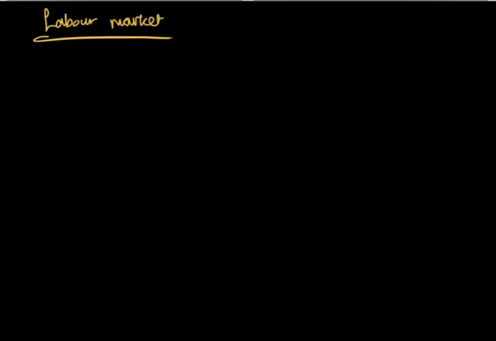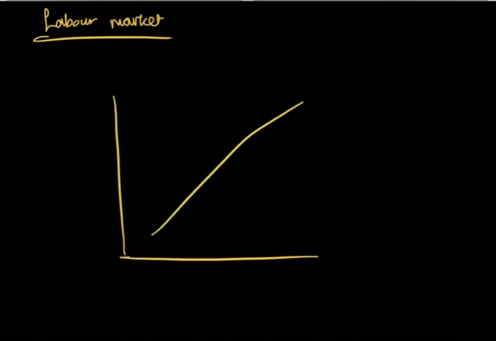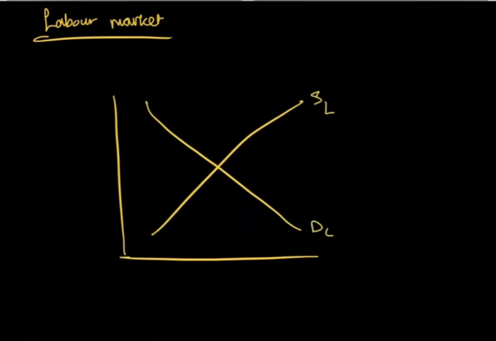So are we moving on to inequality now? We're about to. There's one more bit on labor market: the perfectly competitive labor market. It's really quick. So now we know that it looks like that, right? So what happens if you put a minimum wage? Because that's one easy way to reduce inequality.